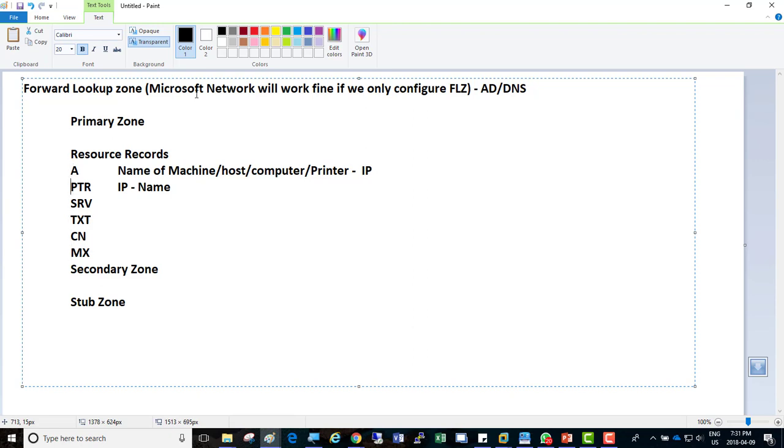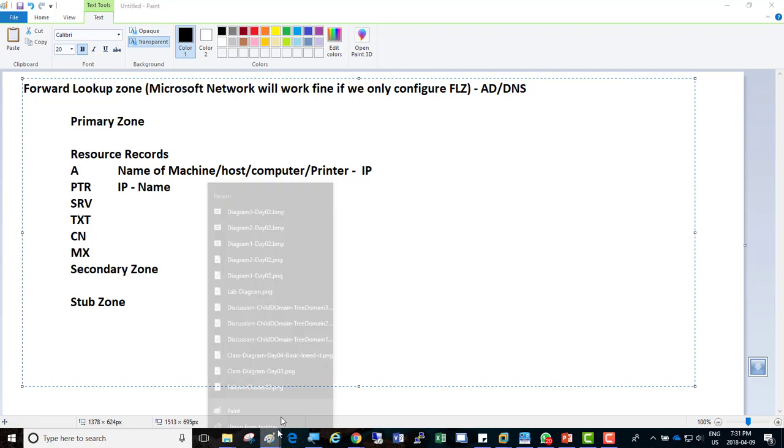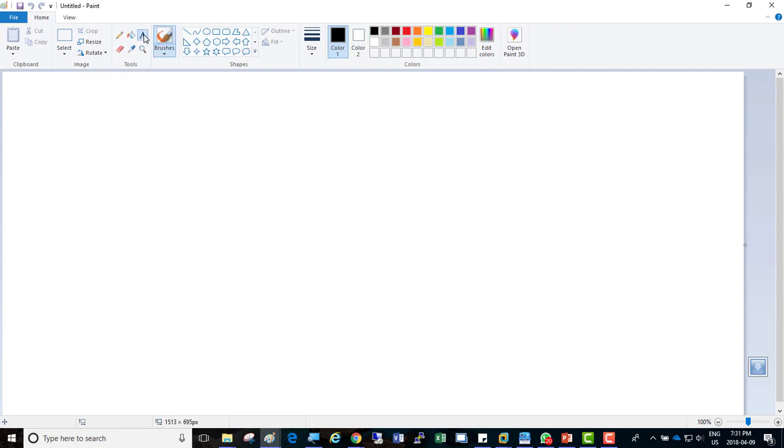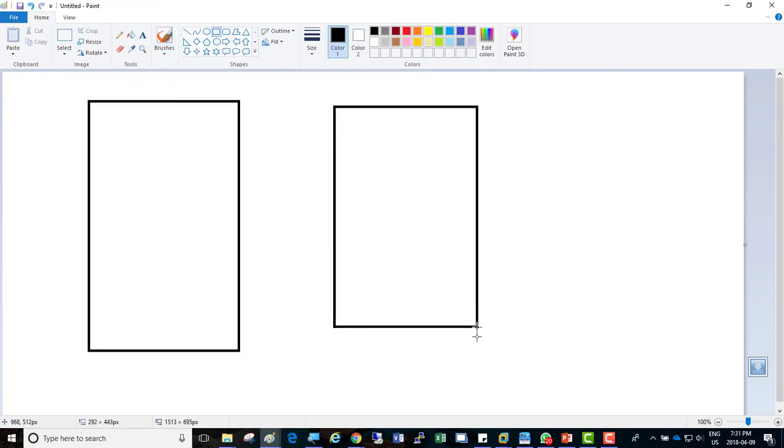But there are so many records here, right? So these records we're going to talk about, and also one more thing that we're going to do as a lab. In fact, we're going to keep on creating many things inside DNS just to understand what they are. But the main lab would be that we're going to configure